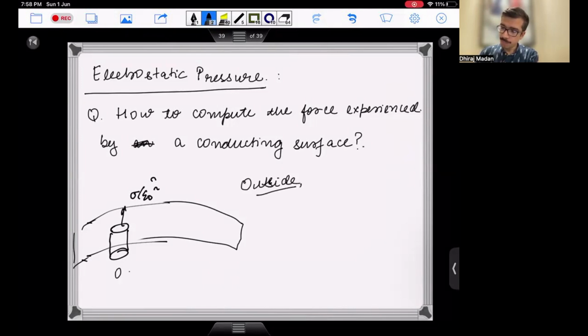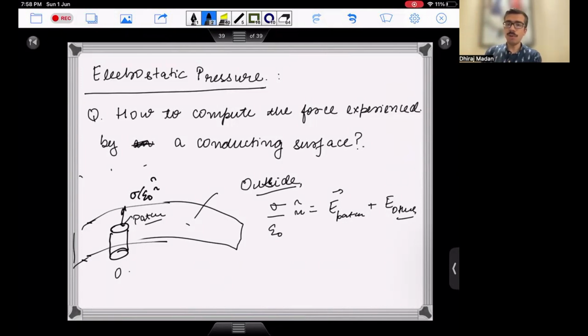So essentially, outside the conducting medium, we have that sigma over epsilon naught n cap is the electric field due to this patch plus the electric field due to other components. The other component could be the remaining conducting surface, or some external charges, whatever. We don't care about that. What we know is that this is sigma over epsilon naught n cap, but there are these two contributions to it. Whereas inside,